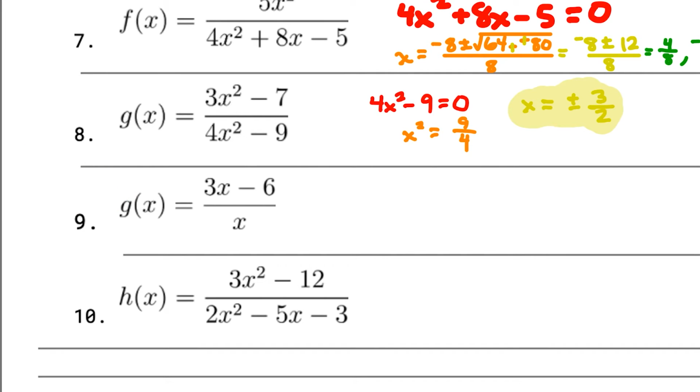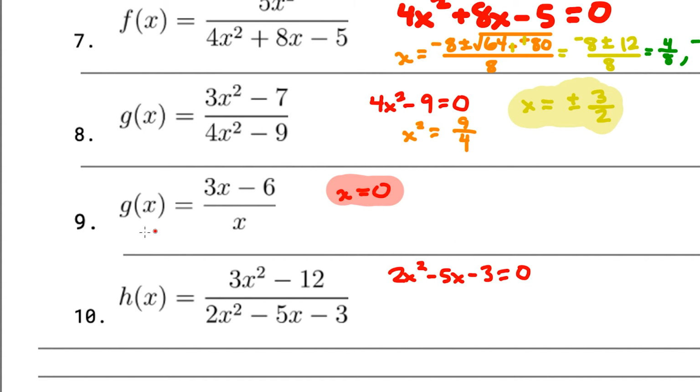Okay, number 9. This one's pretty easy. You just set the denominator equal to 0, so x equals 0. If you plugged it into the top, you would get negative 6. So it's not a 0 over 0, so that's actually the answer for that one. That's pretty easy. And the last one, we're going to set the denominator equal to 0